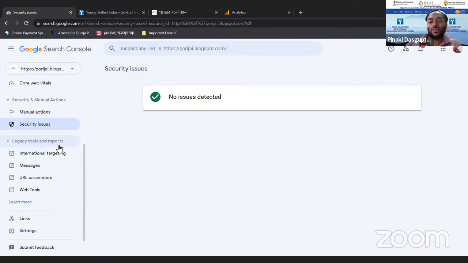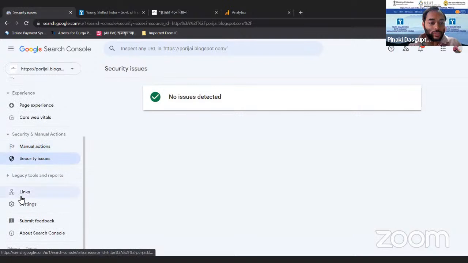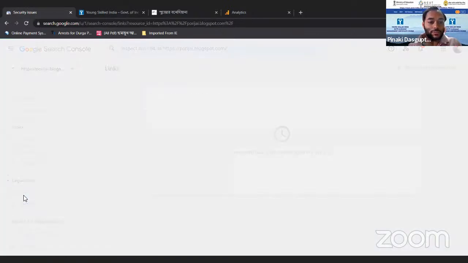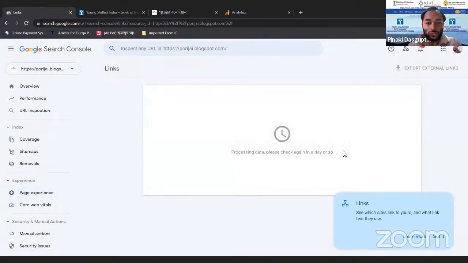These are some of the old tools that we don't use regularly, and Google will remove them shortly, so it put them in legacy tools. These are old tools we used regularly in the past. Links. Currently we don't have any data.